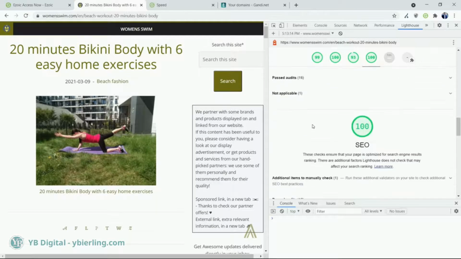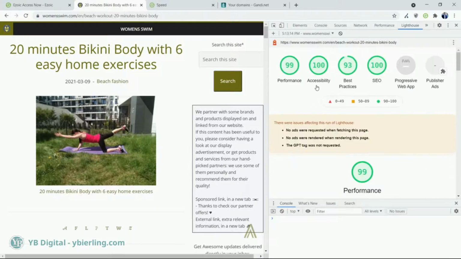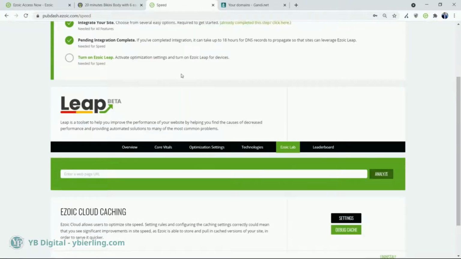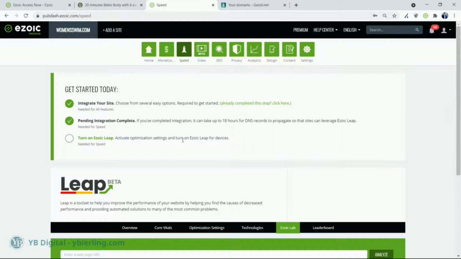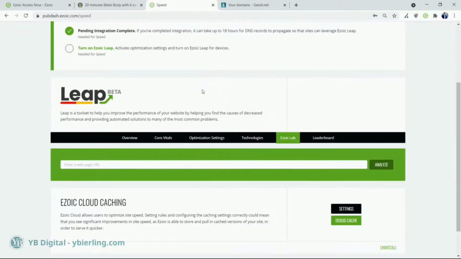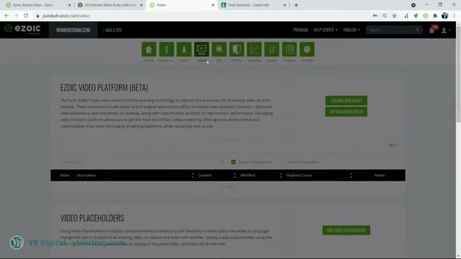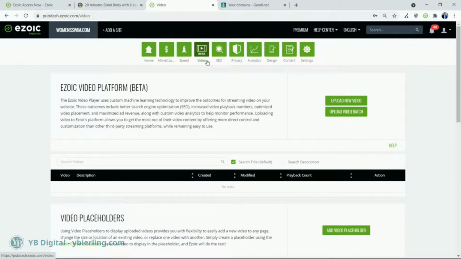So that's close to perfection. Okay, so that was a very conclusive use of the Ezoic clip, very conclusive integration of this website to Ezoic. And I can now, of course, enjoy all their technologies. So Leap for site speed, but also video hosting to host all my videos on,